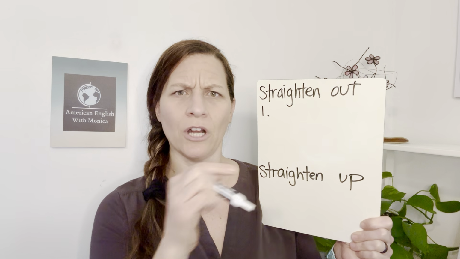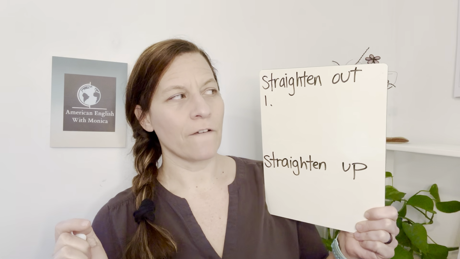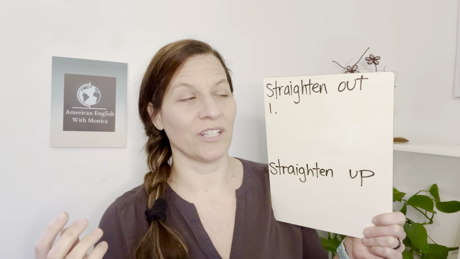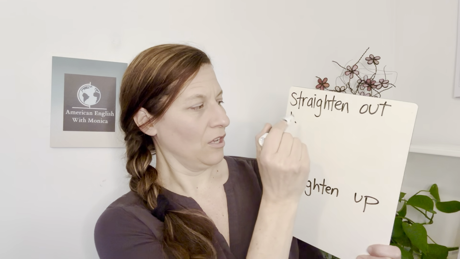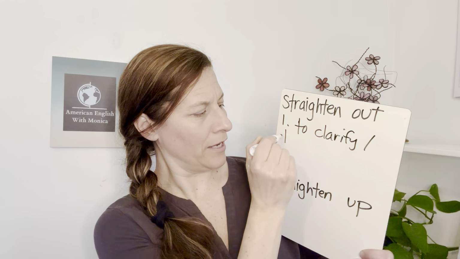Straighten out. And before I start, the word straighten is the act of making something straight, right? You have to adjust something or move something or align something to make it straight. The first meaning is to resolve a problem, to clarify some confusion. Maybe there has been some miscommunication at your office about a report or a deadline or a product price, and the client has some questions and you have to straighten it out. So to clarify confusion, to clarify, to resolve,